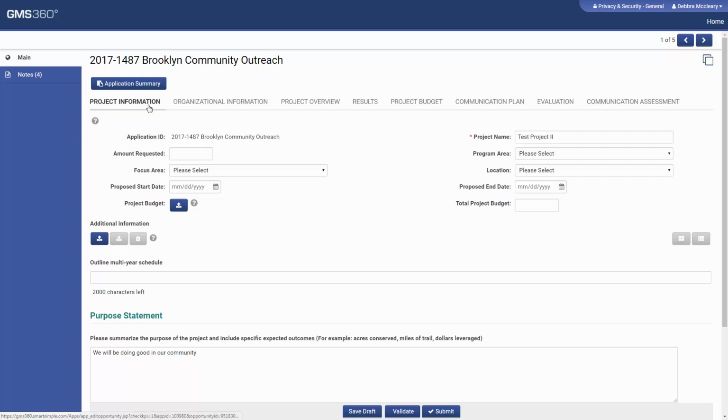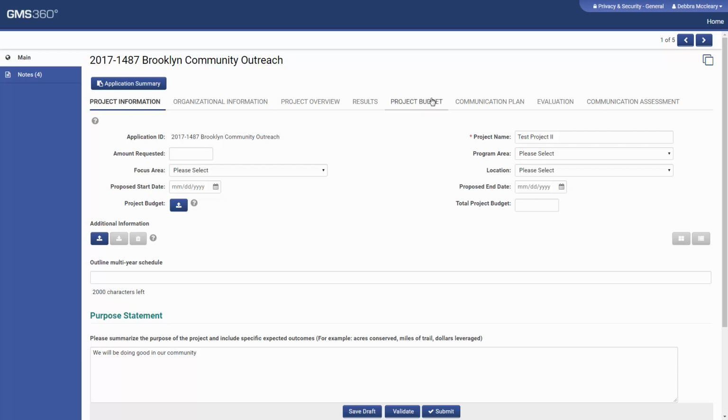So what I have here is an application form that's broken out into multiple tabs. We have clients that prefer to see the application form in multiple tabs, as you can see here, or we have clients that prefer to see the entire application form in one page. The tabs that you see up here are something that we work with you to figure out how many tabs you need during scoping, and we also work with you to figure out how you'd like to break out